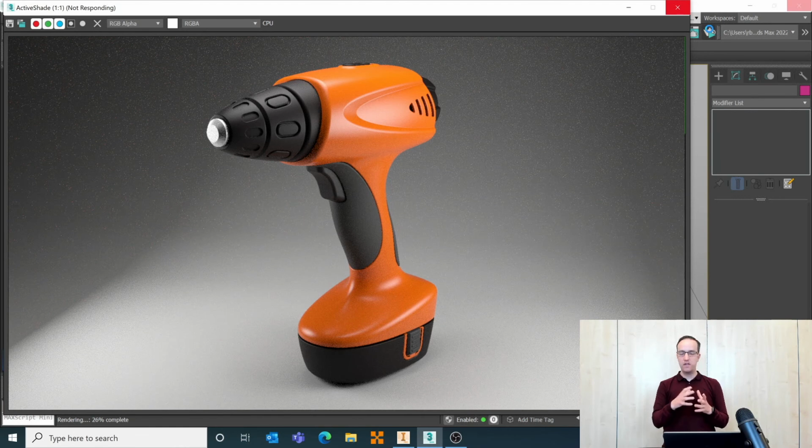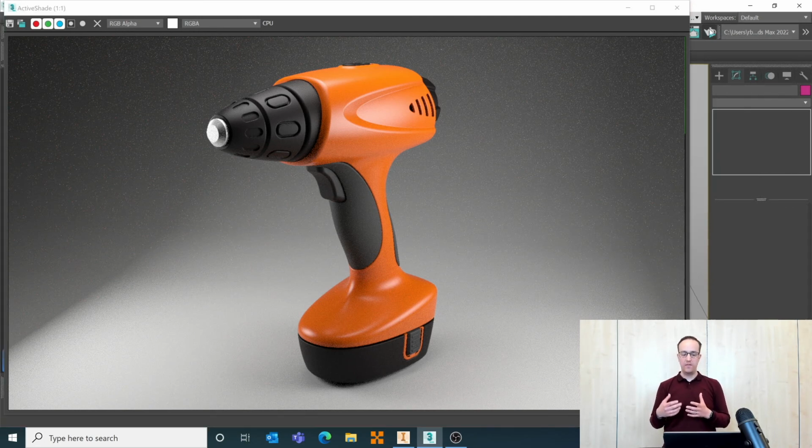Now these materials don't have any textures to them. If you had a material that had a texture like a brushed metal or a leather or a carbon fiber or something like that actually had a texture linked to it, we would need to add some mapping controls inside of 3ds Max like UVW map or unwrap or something like that, so that it knew how to wrap your textures around your curved surface. I'll save that for another video, but for the purpose of this, to get started with some simple renders and